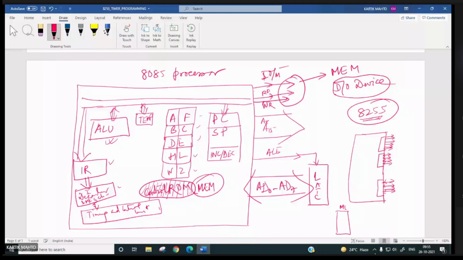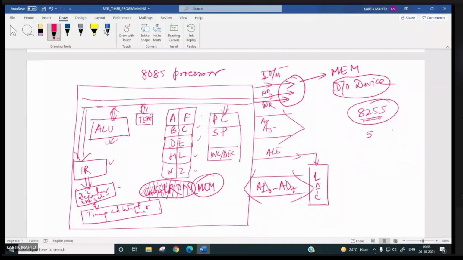In a normal memory chip, RAM and ROM, you will have so many registers, but each bit of the register is not going to have a separate pin like this, where you can connect the external signals, right? So that's why you need 8255. In 8255 maximum 4 or 5 registers you need, or even 10 registers may be there: port A, port B, port C, and corresponding buffer registers, control register, and data register, right?